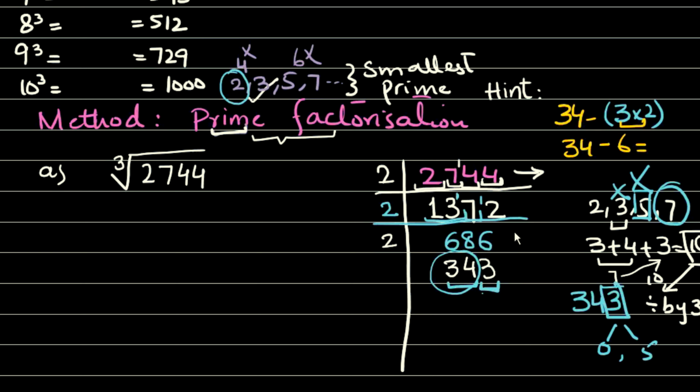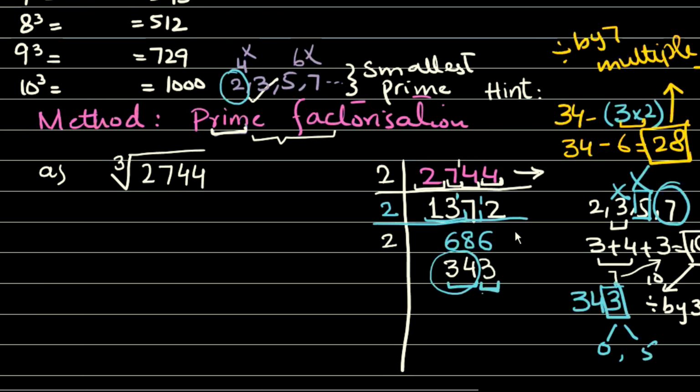Subtract it. क्या आंसर आता है? It will be 28. Now check the answer. Answer should be a multiple of 7, or you can say should be divisible by 7. तो 7 के टेबल से तो आता है, divide होता है. So it means we can apply divisibility test for 7.